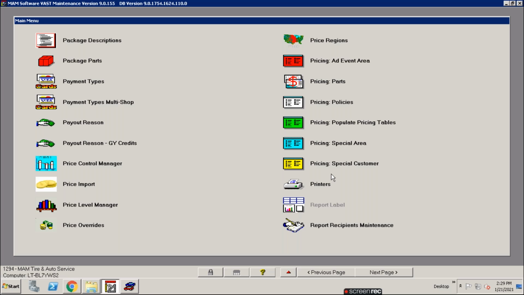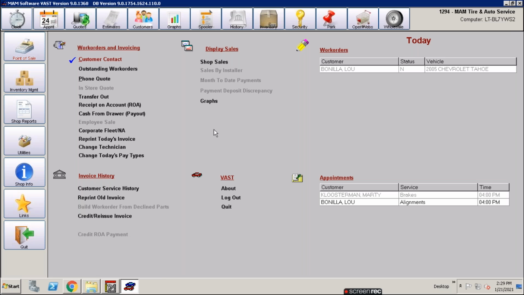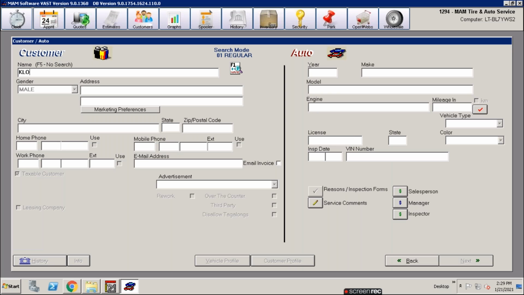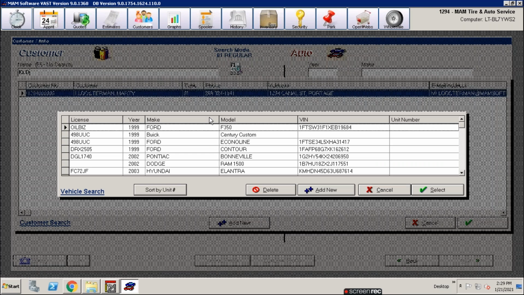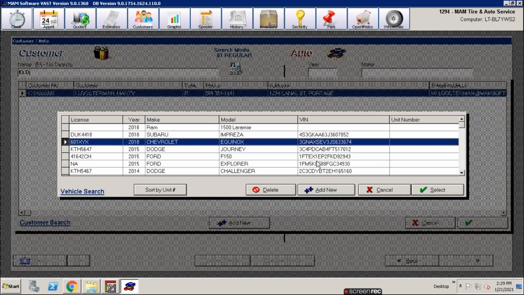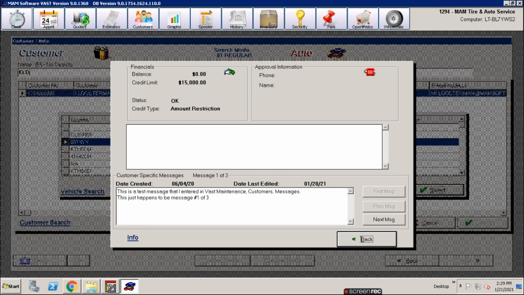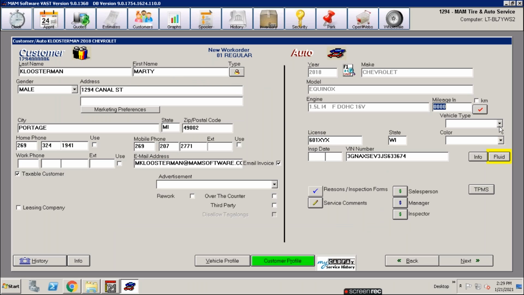The next item that I had on my list here was the OE oil part numbers displayed for Vast Commerce. And what that is, let me pull up my car here quick a second. You'll notice when I start a repair order for myself, and I'm just going to pull up this Equinox again here. When I select that, one thing that you'll notice now is that the fluid button on the right-hand side of the vehicle screen is surrounded, kind of highlighted in a bright neon yellow, letting me know that there are some specific fluid requirements for this vehicle that might eliminate them from